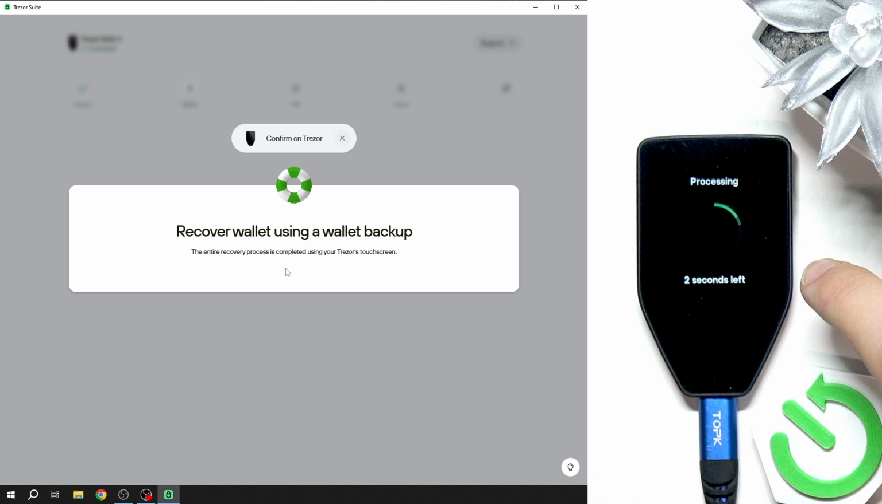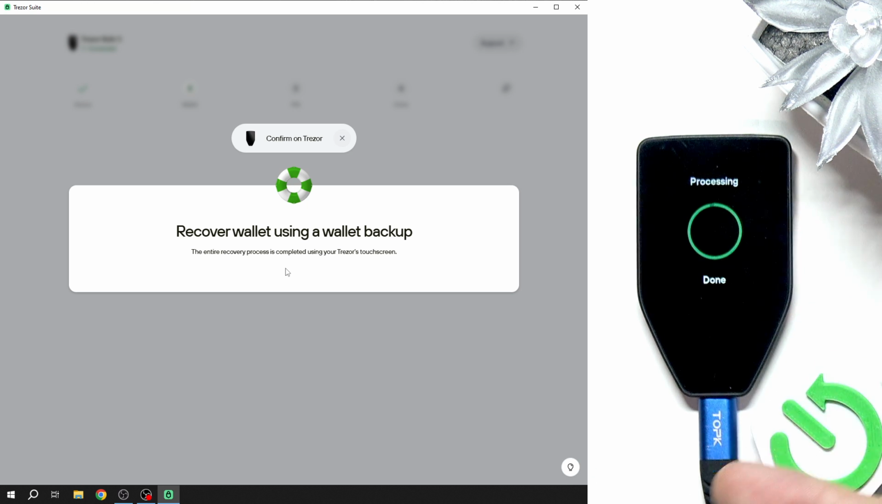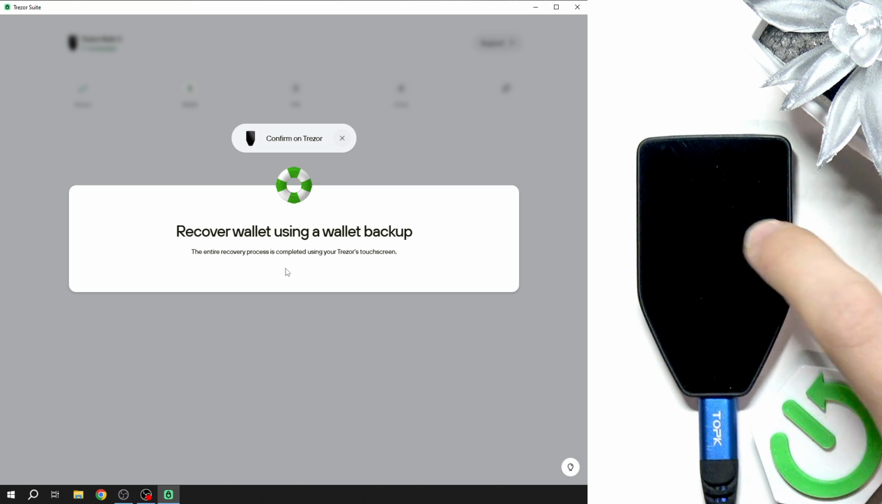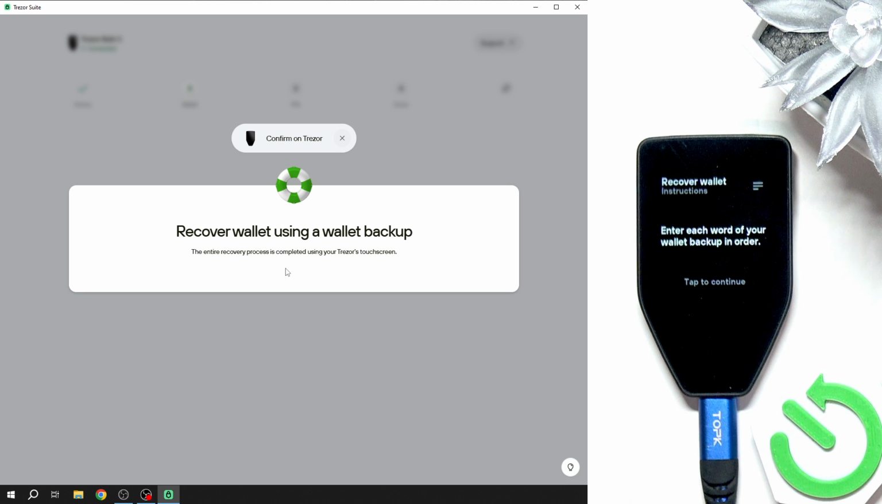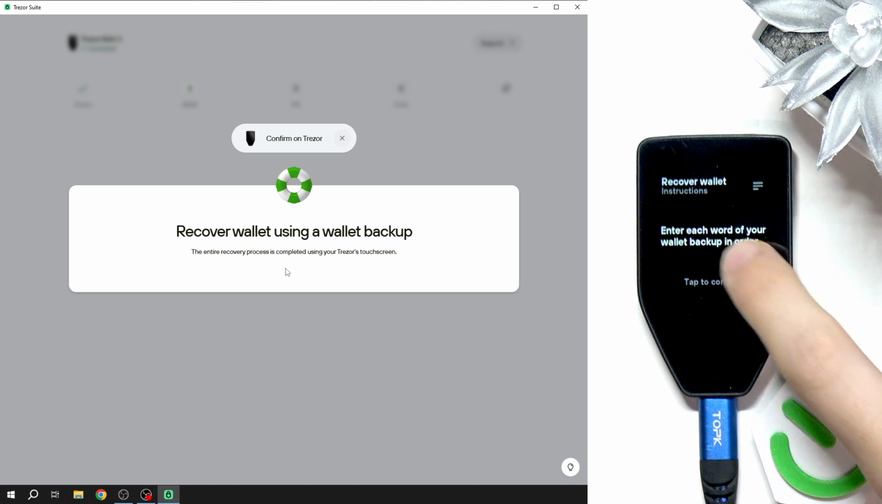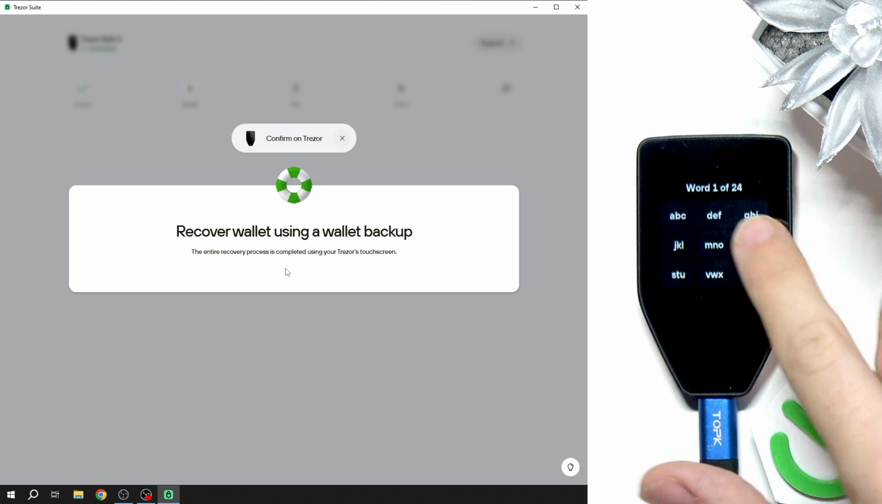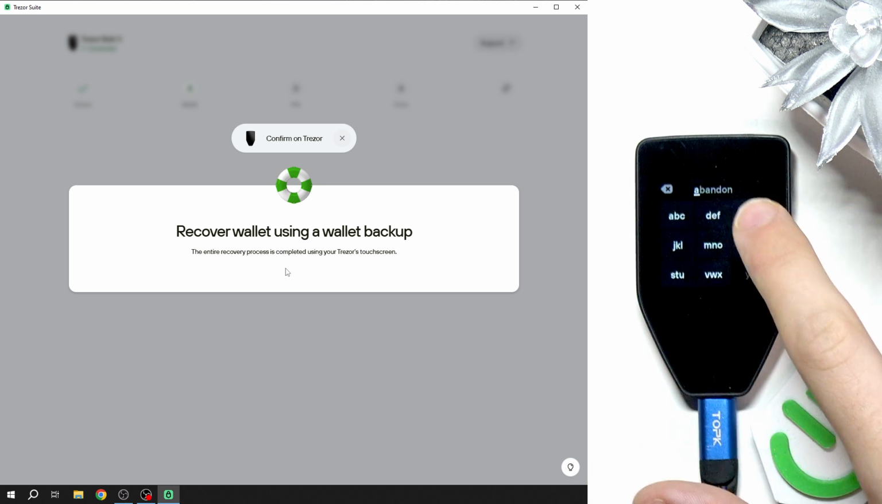and now on your wallet you'll need to tap to continue, then select the amount of words. I have 24, but of course you just need to know how many words you have. Then you'll need to enter each word one by one. The first word, you can select the set of digits, so I'm gonna select